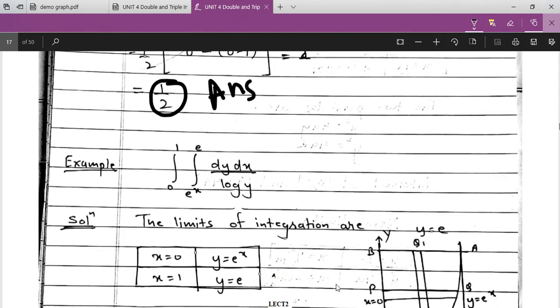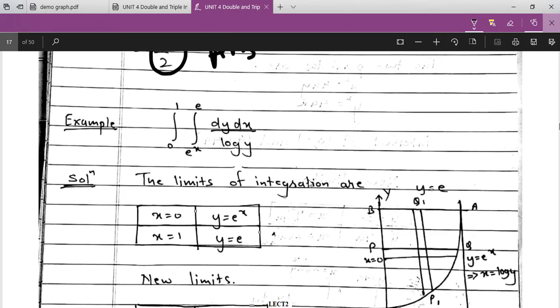Okay, now let us have this example. Fine. And yeah, see this example. So double integral dy dx log of y, e raised to x and e, and 0 to 1, right? So this is in terms of x,